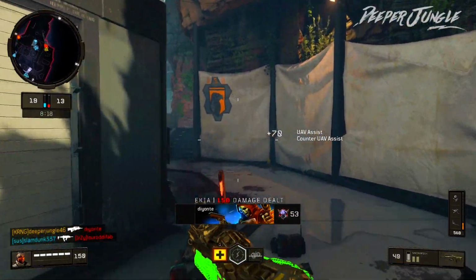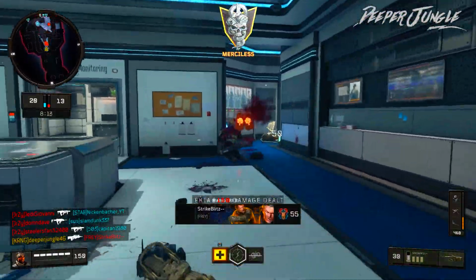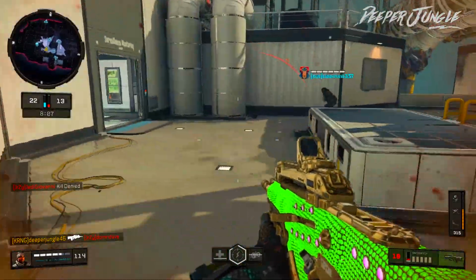So guys, the first category that I am going to be talking about in this video is some attachments that you will want to run if you want to get more headshots in Black Ops 4. So first of all, you want to run a red dot sight or elo sight, and that's just because